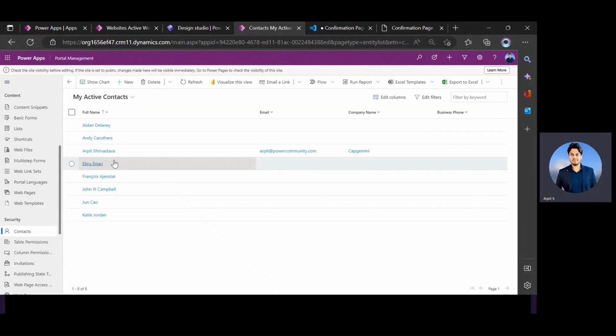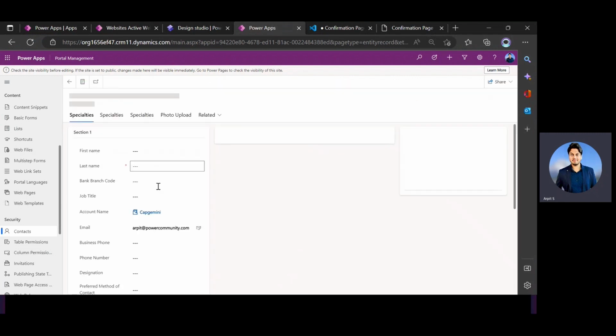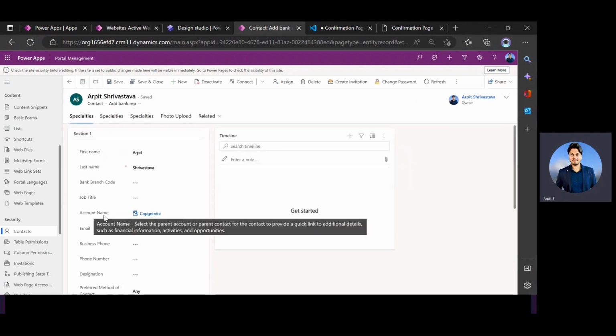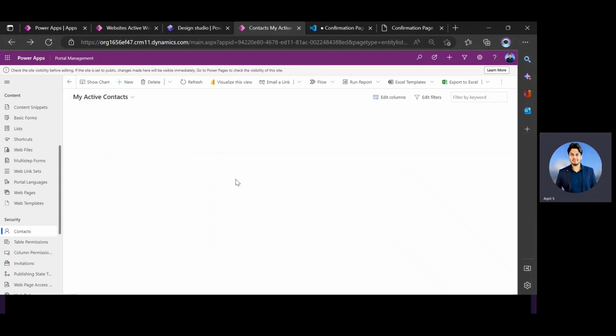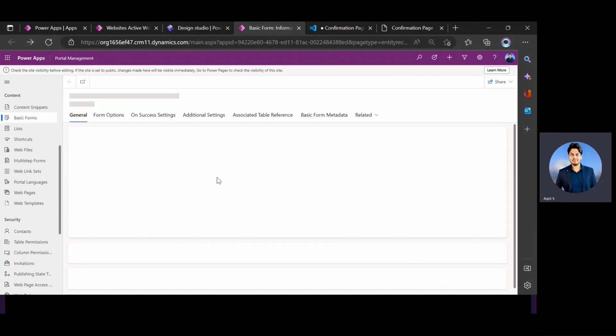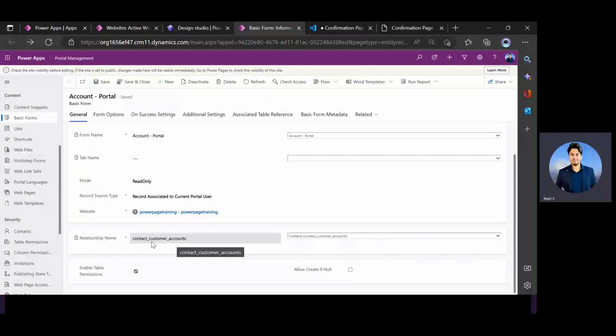And this is my logged in contact, Arpit Srivastava. And here you can see the account name. So this is the field that is basically making the relationship between the company and the contact. OK, so that's why I have just taken the name of this column in the basic form setting. OK, so this is the name of that contact relationship. All right, so this is the only setting I have to do from the portal management tab, and we'll